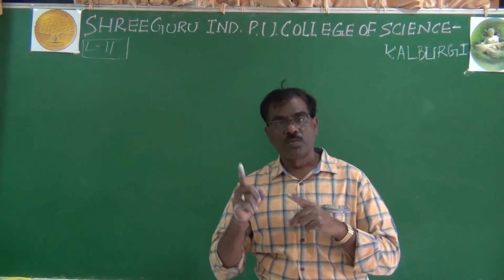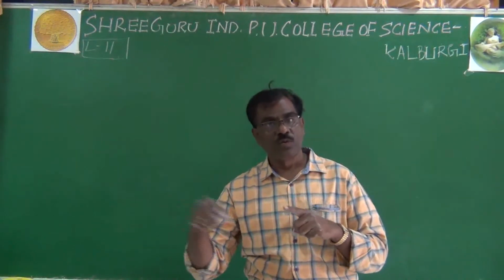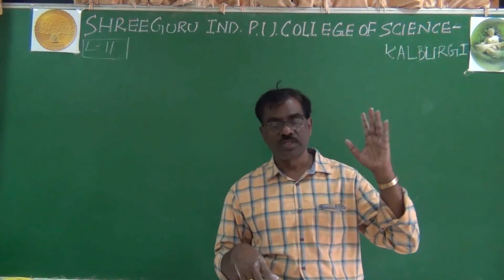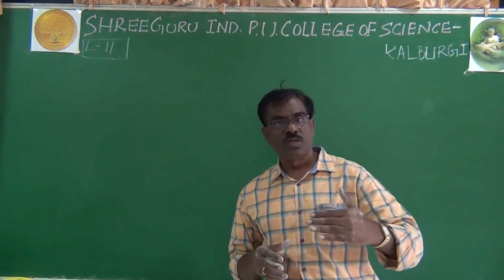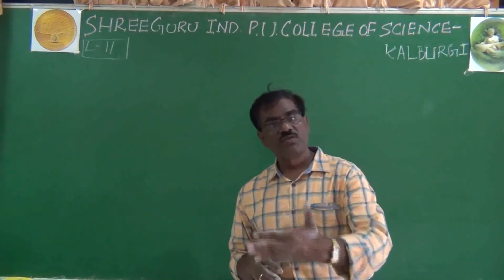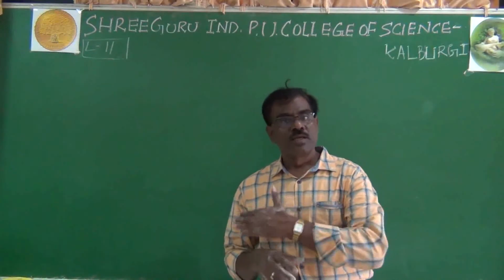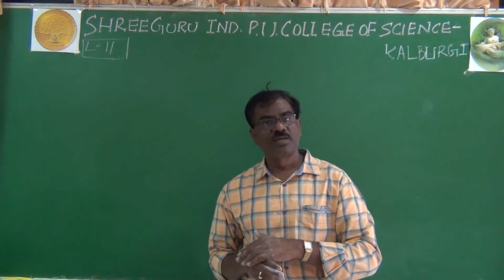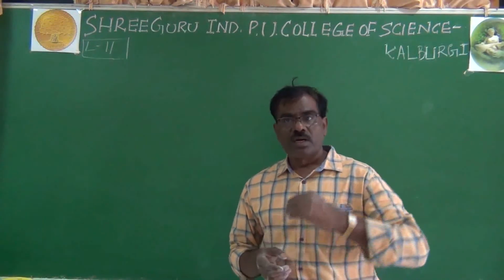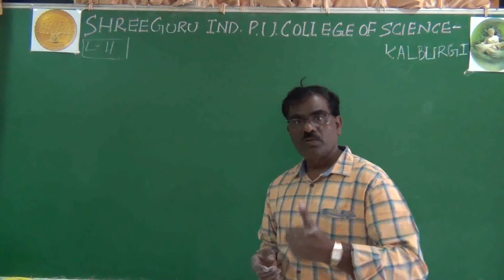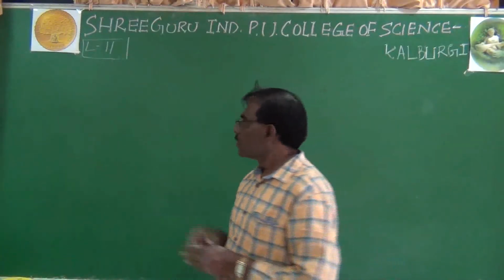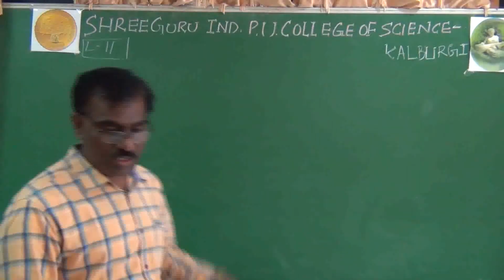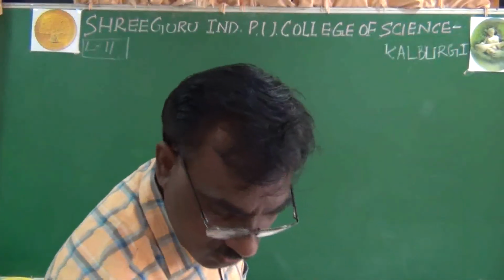Suppose the function f is 1-1 and onto. 1-1 means x1 equal to x2, and onto you know that; that previous problem I explained, the same old method only. 1-1 and onto, so the function f is invertible. The second method is composition: you have to prove the identity, then f is invertible, which means 1-1 and onto. But here this problem is asking the composition method only; you have to prove it by composition.